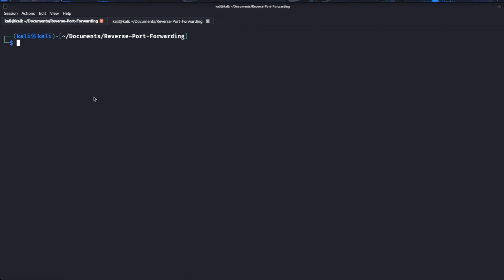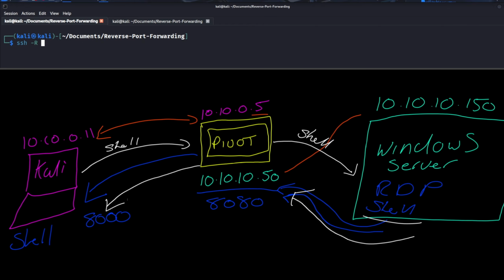So now this is where it gets a bit weird. The syntax looks weird, to be honest. I'm not going to lie, it does look strange. It does take a bit of time to get your head around it. So it's ssh, capital R, and it's the internal IP of our pivot host. We need its secondary IP, which is the one it uses to connect to the Windows machine. So ssh -R, the internal IP of that pivot machine, which is 10.10.10.50, colon, 8080, because that's the port it's listening on from the shell we created,